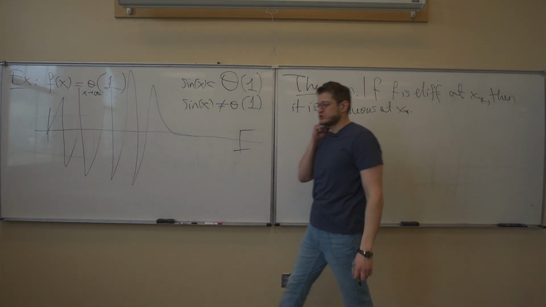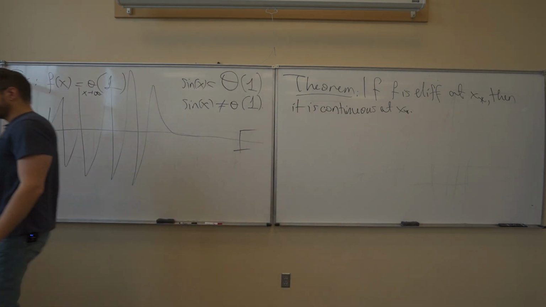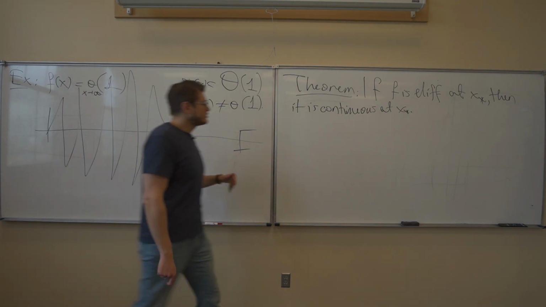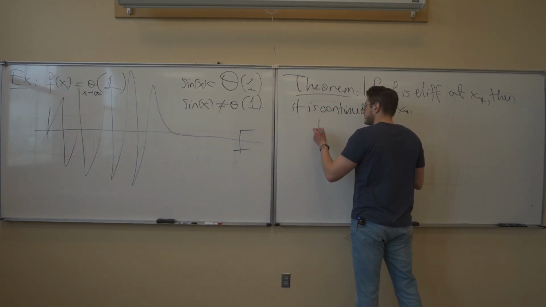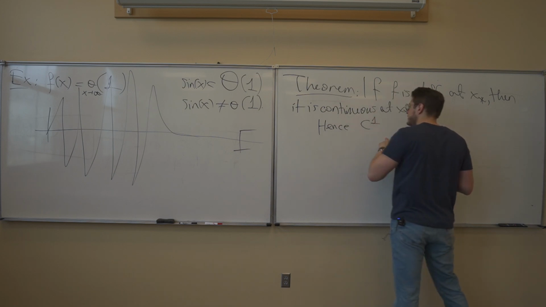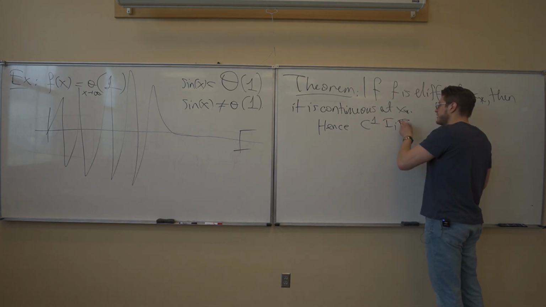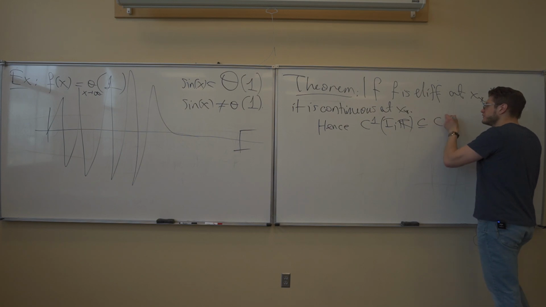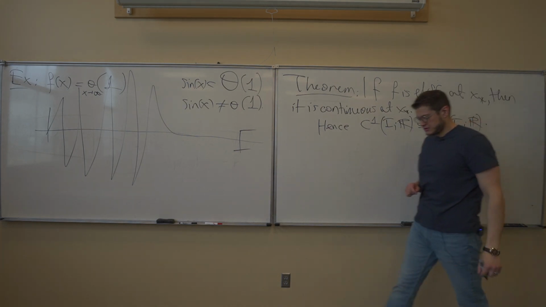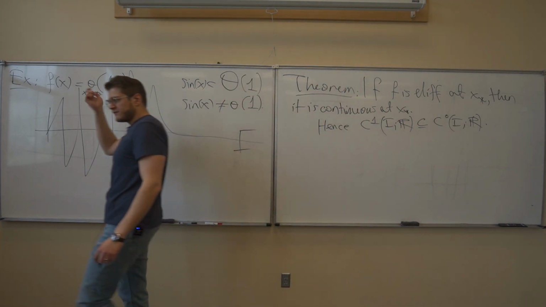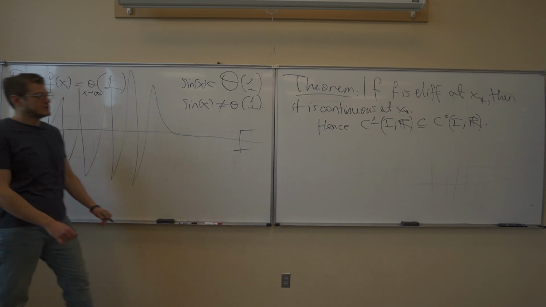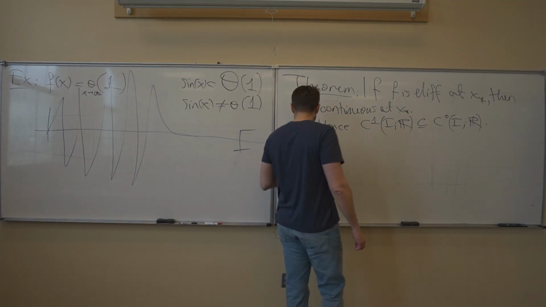the set of continuously differentiable functions on I, on the interval, is a subset of the set of continuous functions. Hence, C1 of I, comma R is a subset of C0 of I, comma R. Okay, because C1 means that it is differentiable at the very least everywhere. This is more, but still at the very least that. So the proof